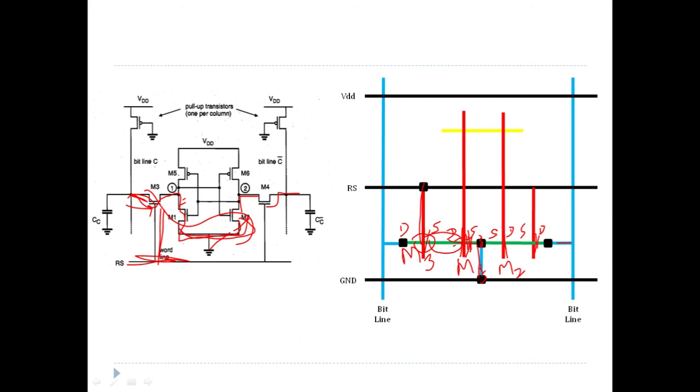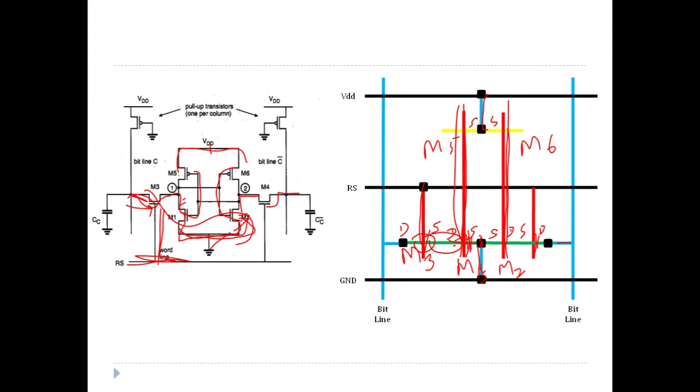Okay, now let's fabricate the PMOS. For that, we will extend this gate, because M1 and M5 are sharing their gates. That's why we have extended this M1 gate, and M2 is also sharing its gate with M6. So that's why this polysilicon for M2 is extended for M6. So there is M6 and there is M5 over here. Now in M5 and M6, you can see their sources are connected together and tied to VDD. So these are their sources, connected together and tied to VDD. So this is what the structure would look like.